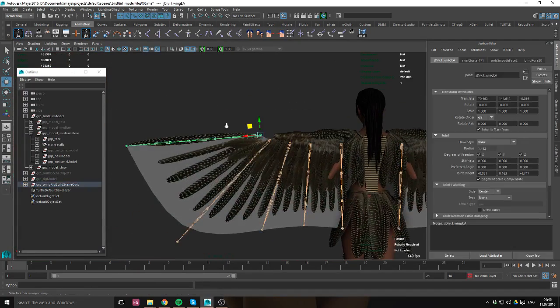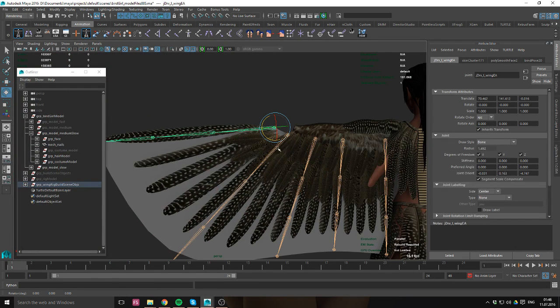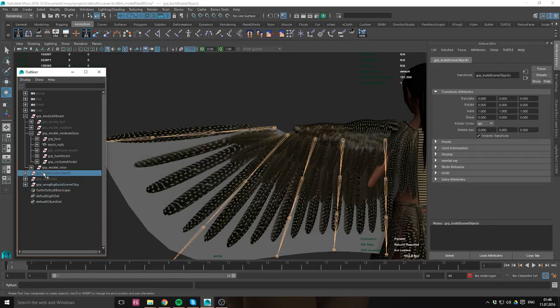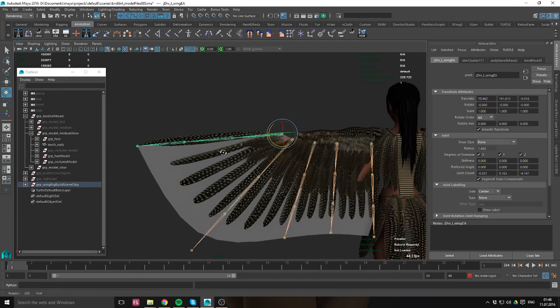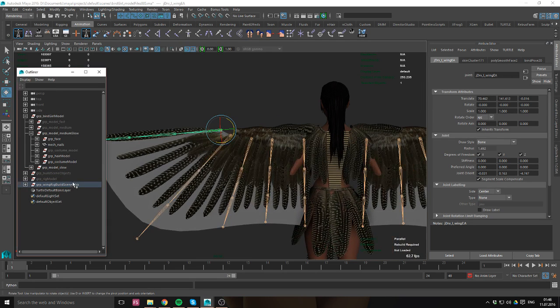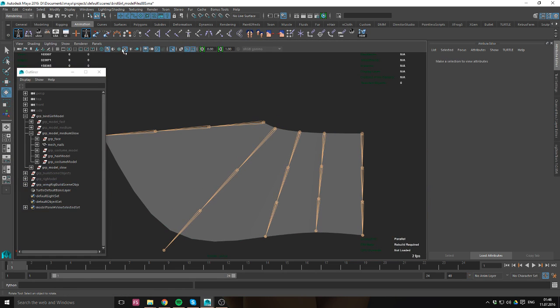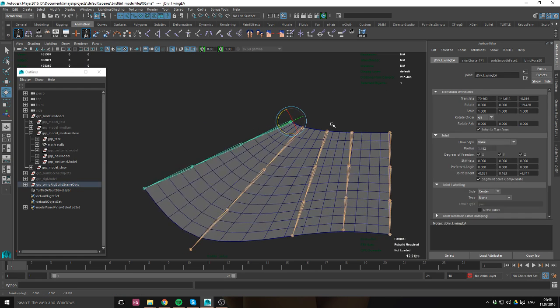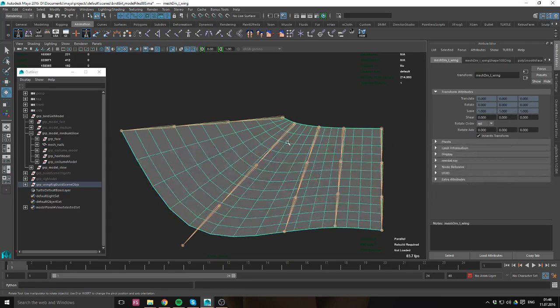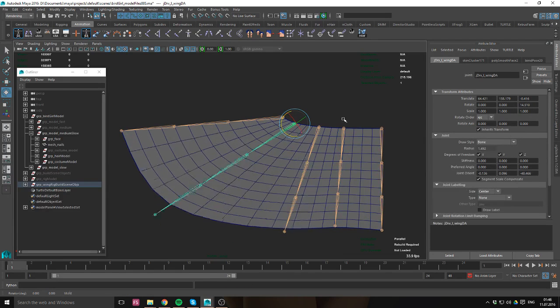So we got here a little stuff that is already in the model scene. I have this group here called build scene objects that contains all the stuff that my rigging code needs later on, rigging wise, but it can't auto generate, so I have to make it myself. This is one of those things. So if we isolate this quickly, you can see it's just a plane driven by a bunch of joints,